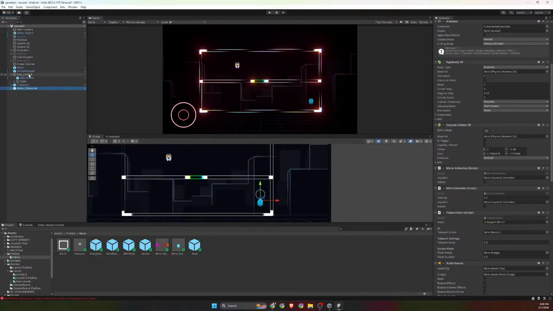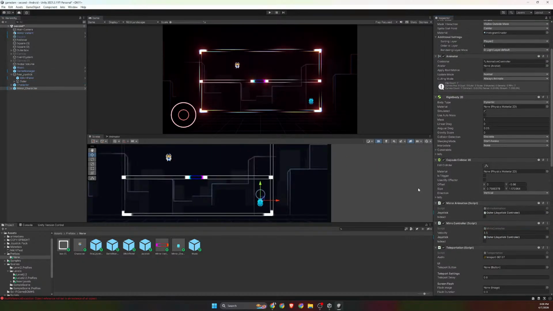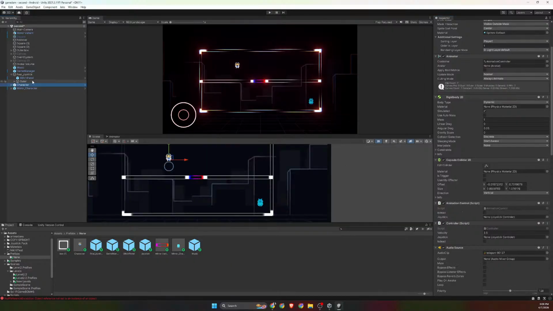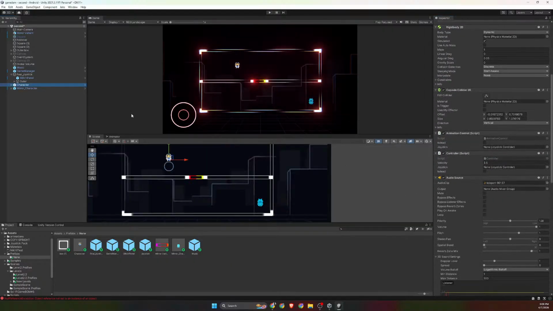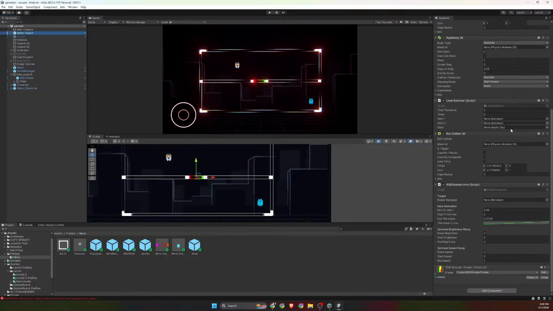So let's go to our joystick, not this but the outer, here and here. Also for the character we need here and here. For the mirror variant,